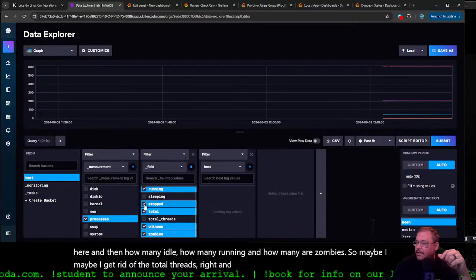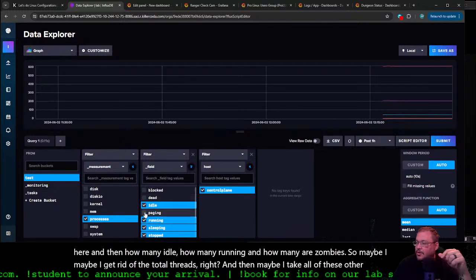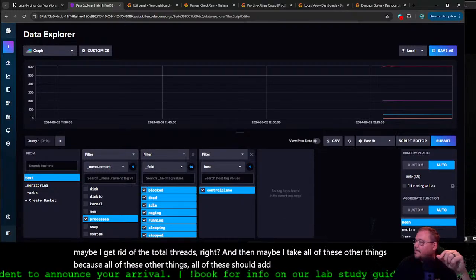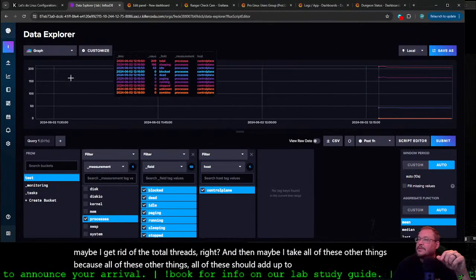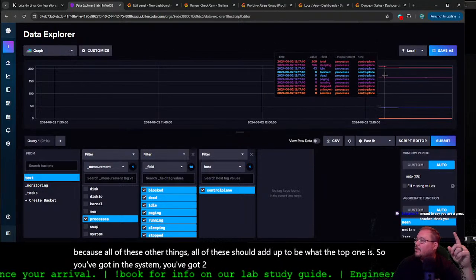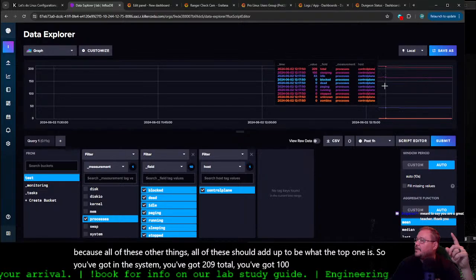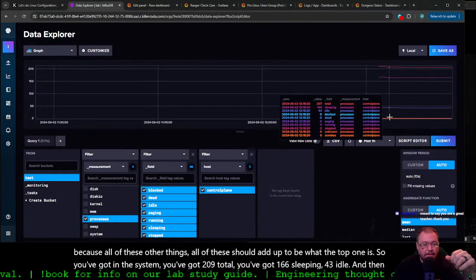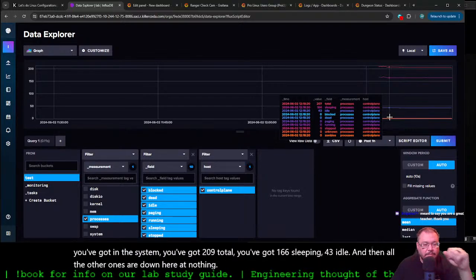And then maybe I take all of these other things, because all of these should add up to be what the top one is. So in the system you've got 209 total, 166 sleeping, 43 idle, and then all the other ones are down here at nothing.